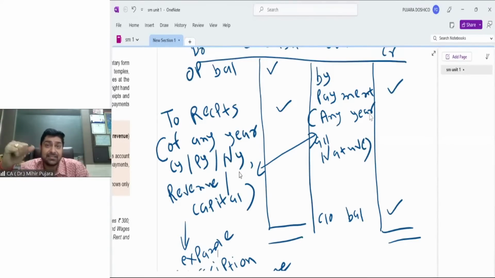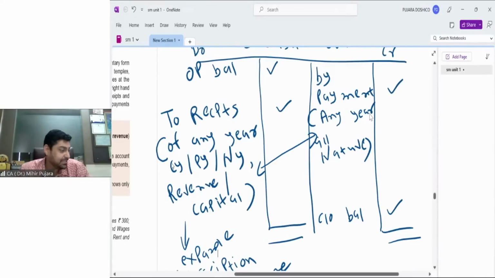Now sale of fixed assets and sale of investments are receipts of capital nature. Even though, it should be debited in the cash book, right? So whatever name it be, whatever nature it be, whatever year it be, it should be debited in RNP